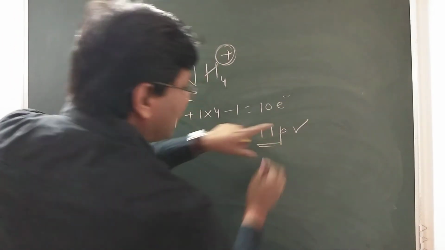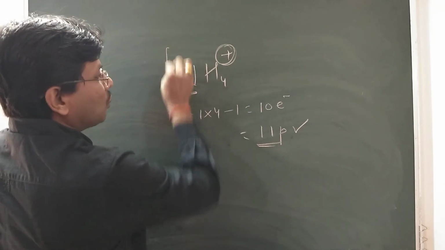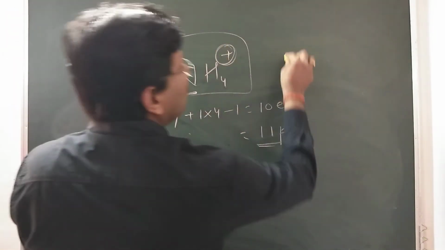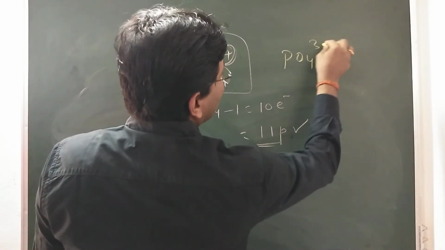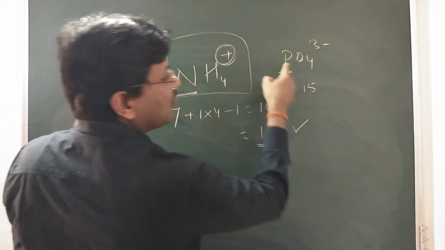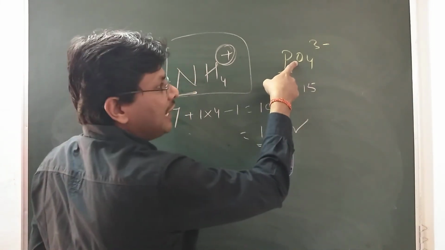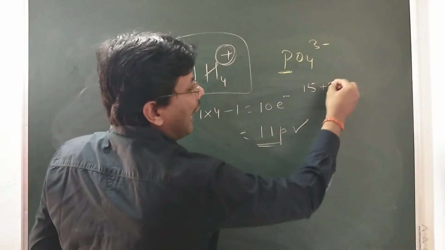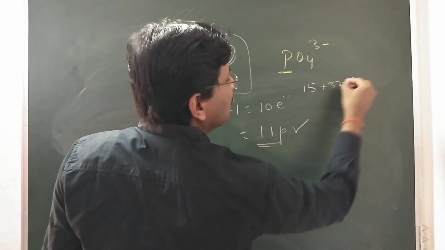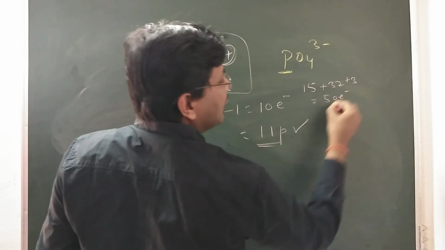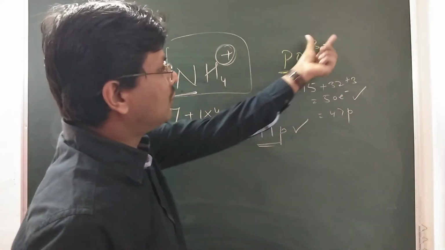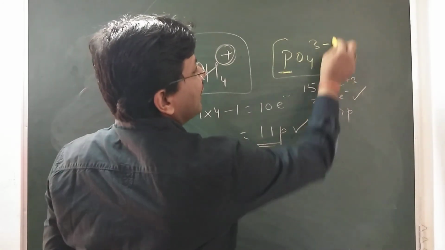Now proton is more than electron in this species, that's why the ammonium ion has a positive charge. Now looking at the phosphate ion, suppose PO4 3 minus. If we have to count the number of electrons, electron is 15 in phosphorus, oxygen has 8 into 4 is 32, and for every negative charge 1 electron we increase, so 3 electrons will be added, so it has 50 electrons, and it has 47 protons. As electrons are more than protons by 3, the negative charge is there, so the phosphate ion has 3 minus charge.